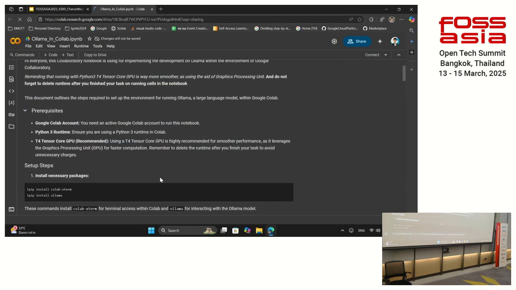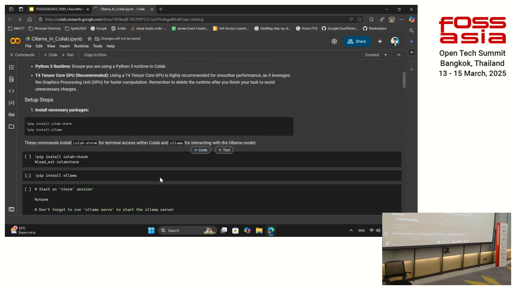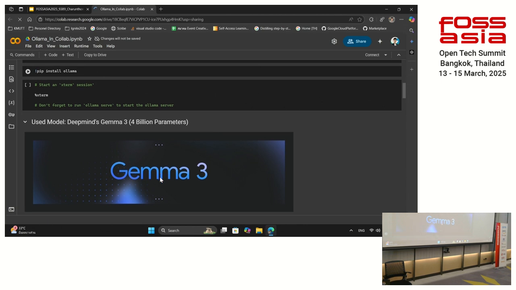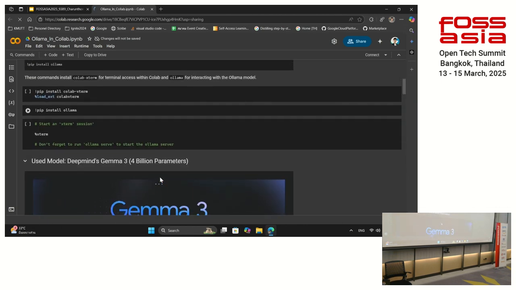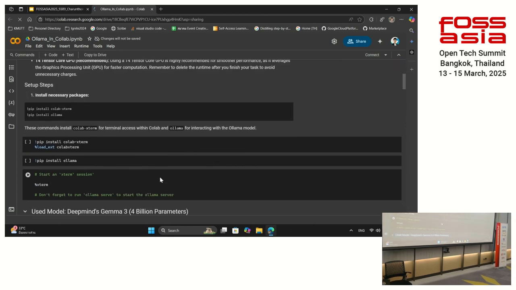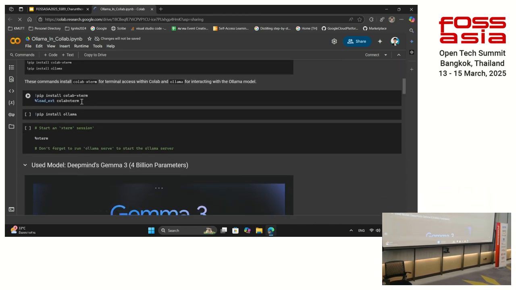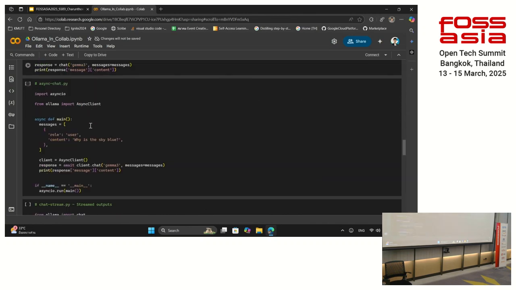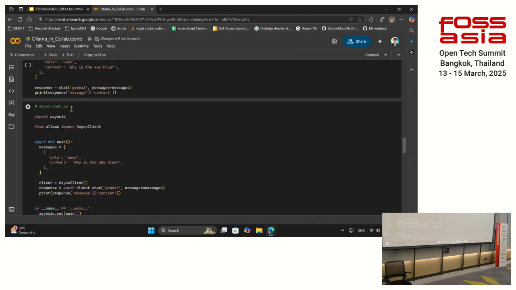If you would like to try running models in Google Colab, I would like to recommend this. I created the template of Ollama in Colab and you could run it. As you can see, you need to install Colab Xterm first and then install the library of Ollama, and then you could run it, and there are the structures of it.